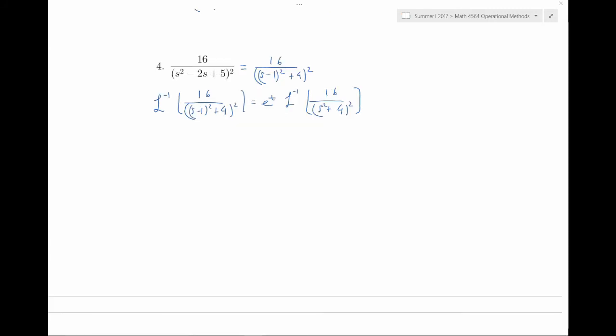What we have to do now is we have to construct the term inside the inverse Laplace transform as a derivative of terms that correspond to the Laplace transform of sines and cosines. So let's find a derivative of the Laplace transform of cosine. And that's just 1 over s squared plus 4 minus 2s squared over s squared plus 4 squared. And if I simplify,